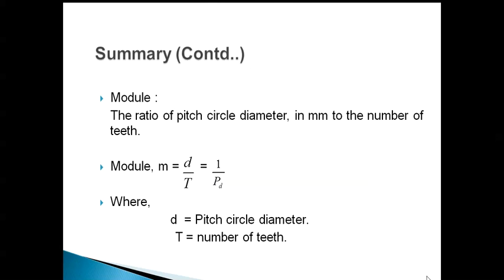So afterwards we discussed the main nomenclature of the spur gear teeth. We already discussed different types of gears based on the relative position of the axes of the shafts, the position of the axis of the shaft with the teeth, and the form of the teeth profiles. Based on this, we discussed spur gears, helical gears, bevel gears, spiral gears, worm and worm gears. All these are different forms of gears we use.